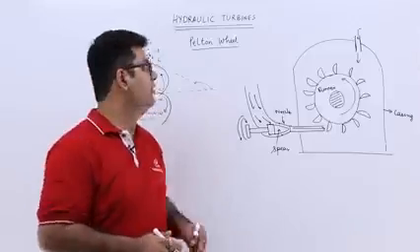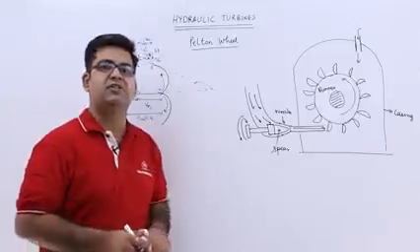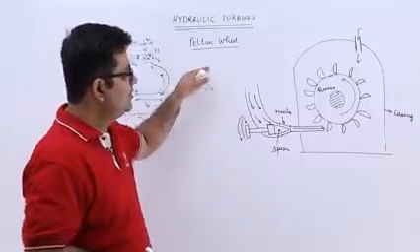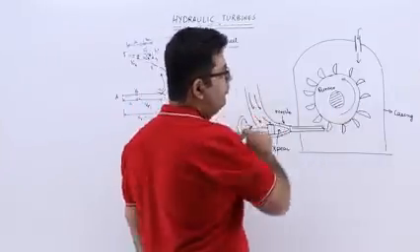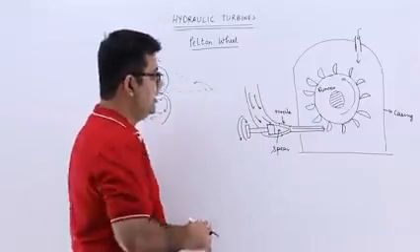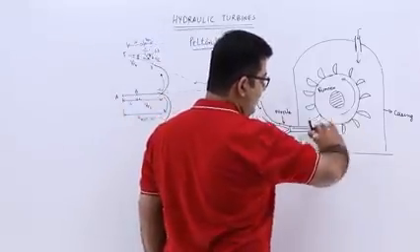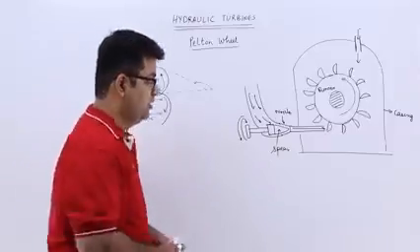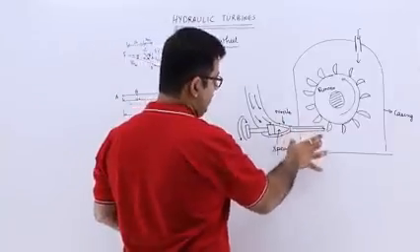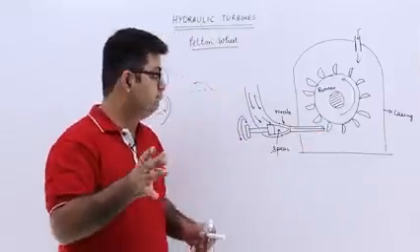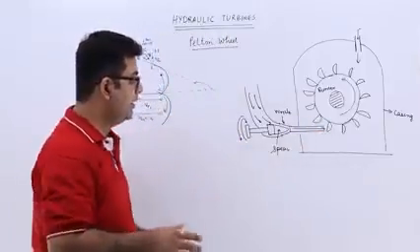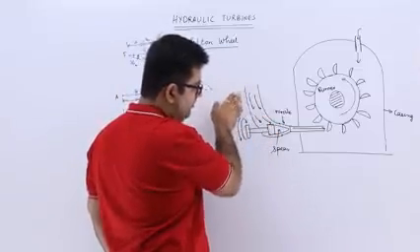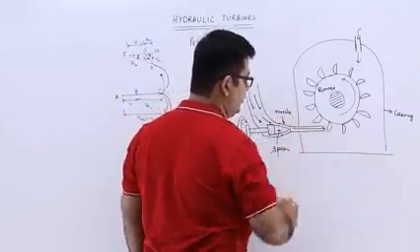Now in this video we'll start discussing the very first turbine, that is the Pelton wheel. Now Pelton wheel is a tangential flow turbine because you can see that the jet of water is striking the wheel tangentially. It is also an impulse turbine because at the inlet the only energy you have is the kinetic energy. Okay, so when the water comes down through the penstock, enters a nozzle and flows out,